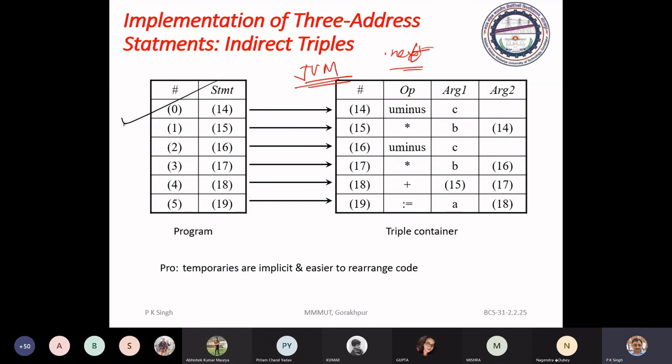In the case of Java we use bytecode; here we have the common language runtime. We will discuss it in the next one.